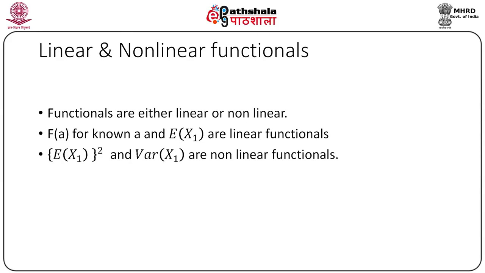Suppose script f is the class of all absolutely continuous distribution functions but with finite expectation. Now take two of them, that is f1 and f2 belonging to this class. Then for any alpha belonging to (0, 1), alpha f1 plus 1 minus alpha f2 is again a distribution function,